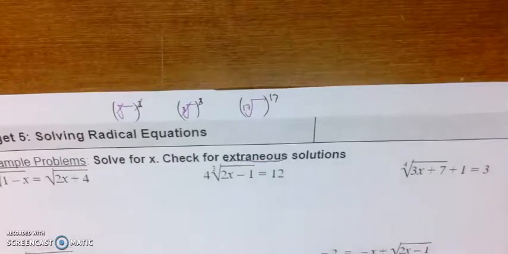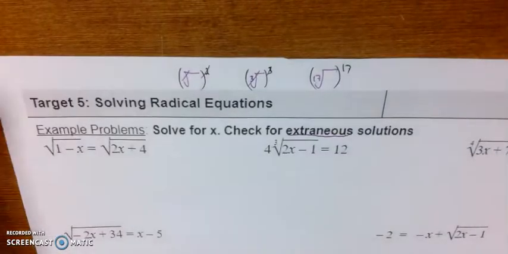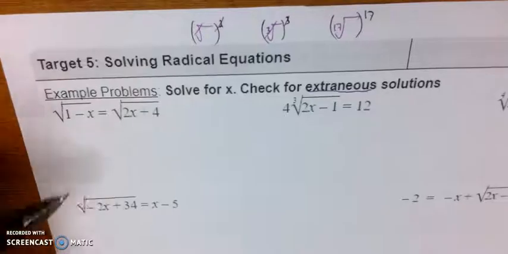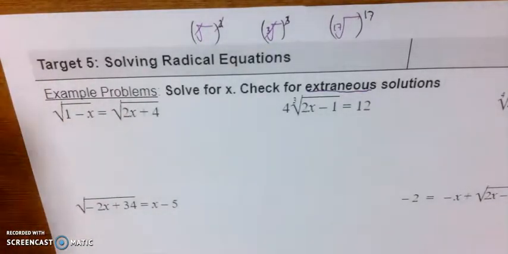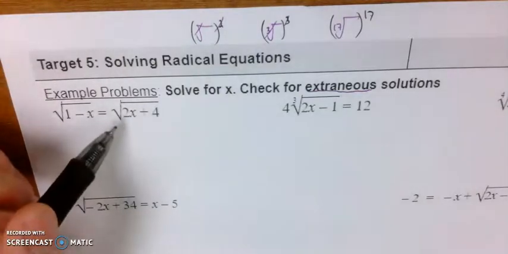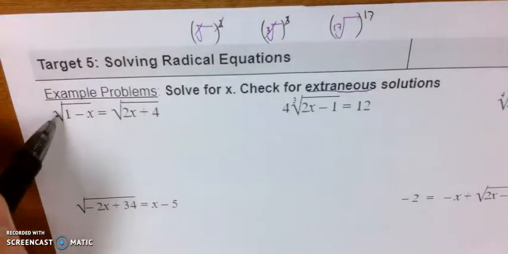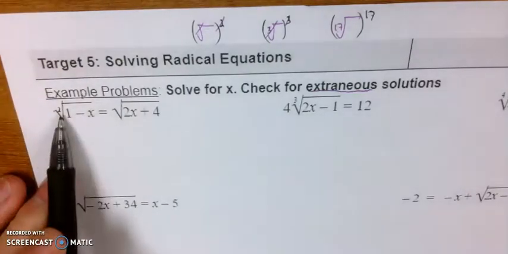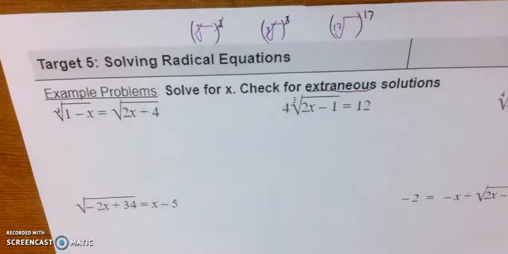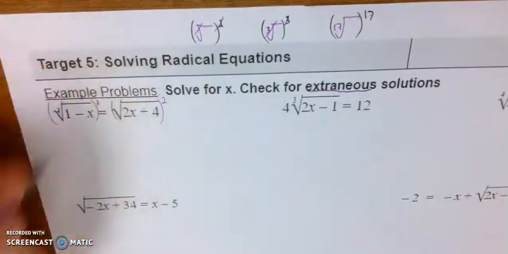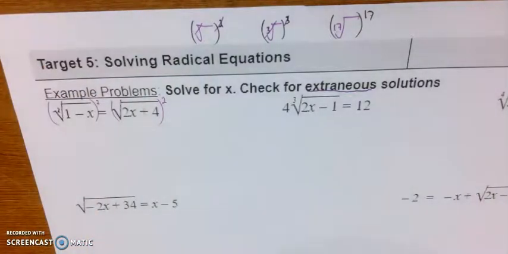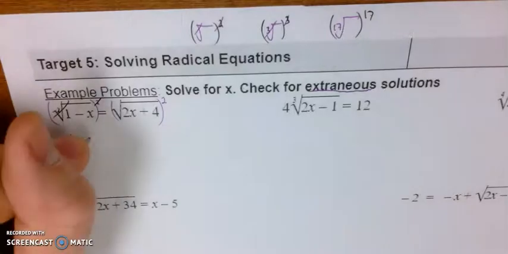All right, so when we solve, first thing you want to do is isolate your radical. Well, fortunately on this side, the radical is all by itself, and there's also a radical on the other side. Once your radical is by itself, you're going to raise it to a certain power to cancel it. Right now I have a square root. There's no index here, so I assume it's a 2. So what I'm going to do is raise both sides, because remember, whatever I do to one side of the equation, I have to do to the entire other side of the equation. Raise both sides to the second power. What's going to happen is that second power is going to nullify the radical. So over here I'm left with 1 minus x